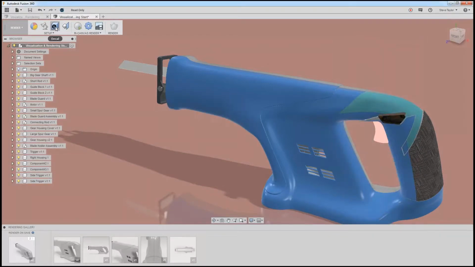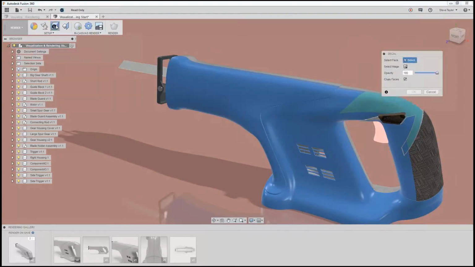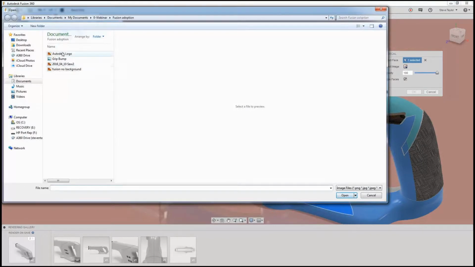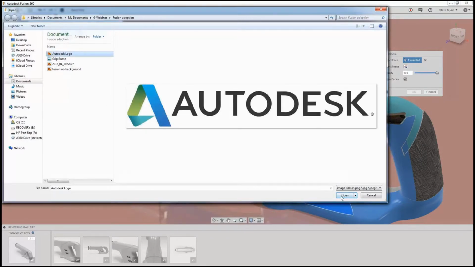Also decal, so we can add some decal onto our model. So if I go on to decal, all I need, I think this is really cool, because all I have to do here is select a face that I want my decal on. So if I select that face, select the image. So for this one, I'll just pick Autodesk logo, open it up,